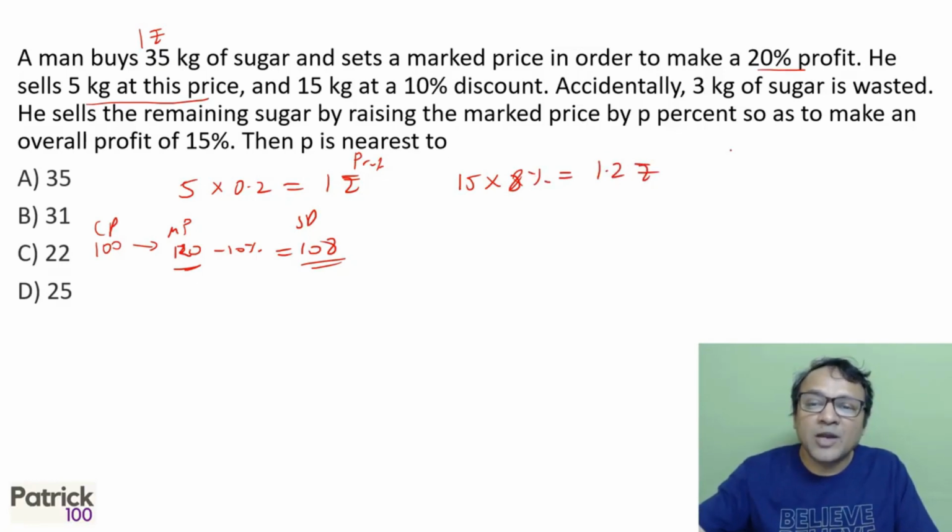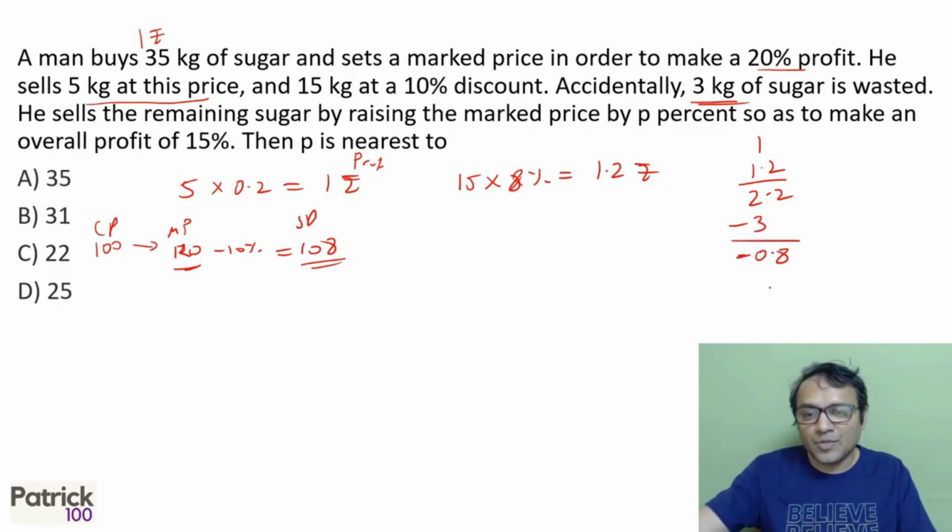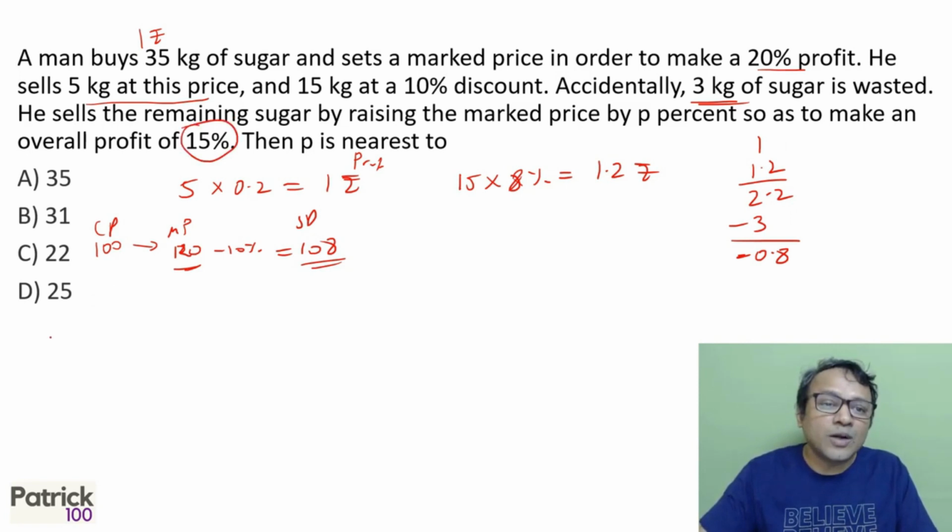That means the total profit he made on this is 1 plus 1.2, which is 2.2. But he also lost 3 rupees because 3 kg got wasted. So his net loss is 0.8. He has to make 15% profit overall. So on 35 kgs, if he wants to make 15% profit,